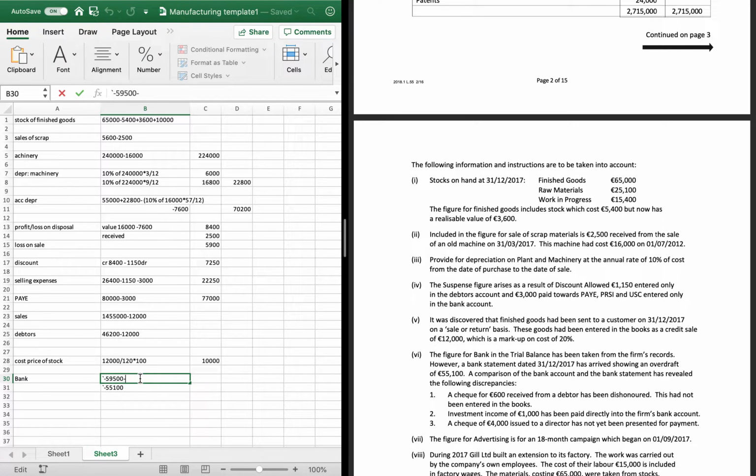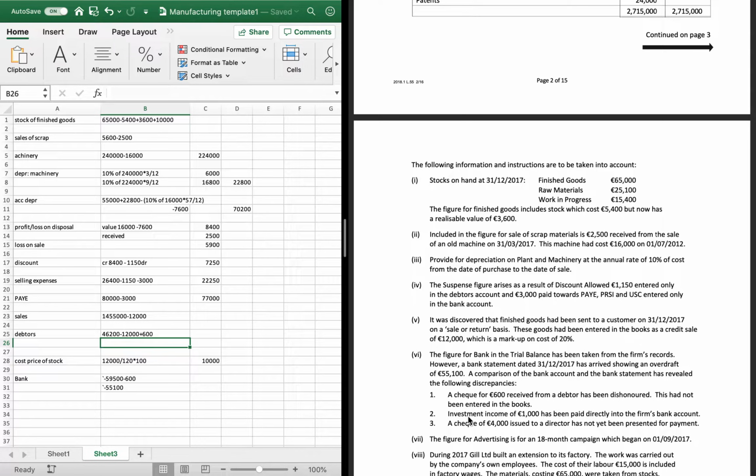So we have received a check. We have assumed that the check had cleared. It hadn't. So we have put 600 into our bank account. The banker is saying we don't have it. So the bank's figure is correct. Ours is wrong. Debtors goes back up by 600 euros because they owe us the money. So we had taken it out of debtors, and obviously if the check bounces, the debtors still owe us the money, so we have to put it back into debtors. Next one,